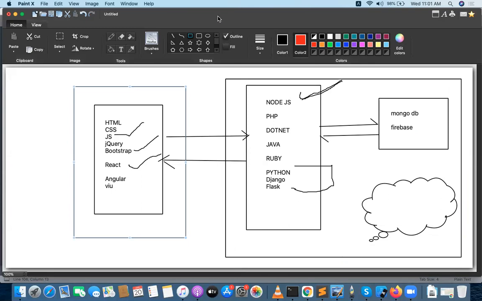If I want to build some application, definitely I need to learn step by step: HTML, CSS, jQuery, Bootstrap, JS, and finally we will choose React. So I am picking all the things we are going to discuss. We will go with HTML first, next CSS, then JavaScript and Bootstrap.